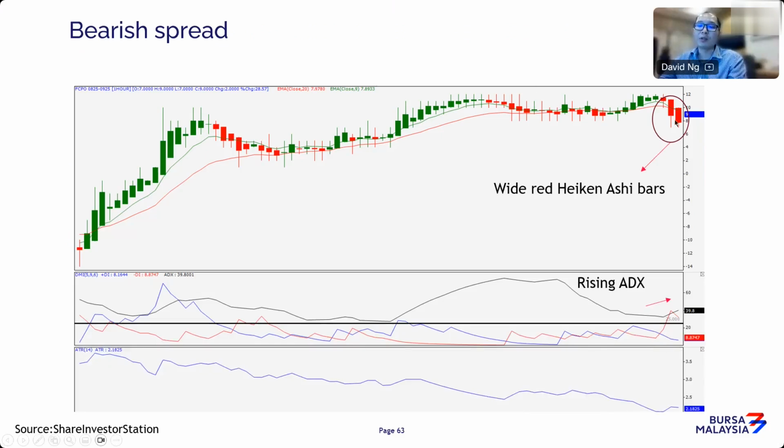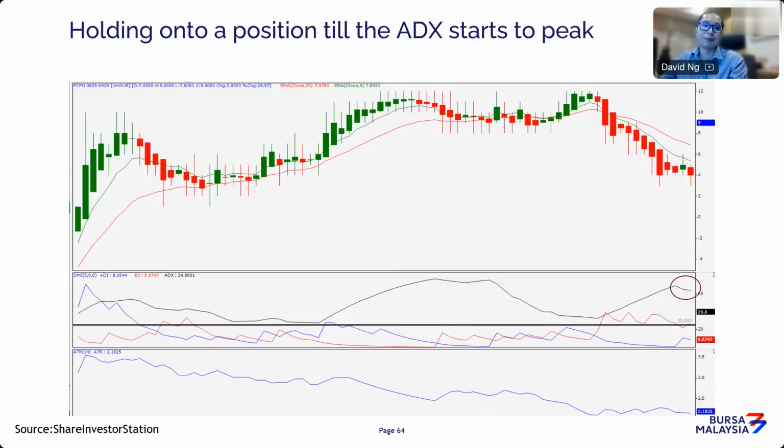So these are classic examples of a bearish spread, because you just look at it, we have been holding well above a premium market, and eventually once a red Heiken Ashi candle like this forms in a spread market, it normally dictates to you that this spread market is going to enter into a bearish market mode, or rather this premium is not going to last. This is actually a premium, so it's a positive 9 on the spread. Eventually I think it went to par and it went to negative territory. So once you start to see this type of pattern form, it's telling you that the market is quite bearish for the spread market.